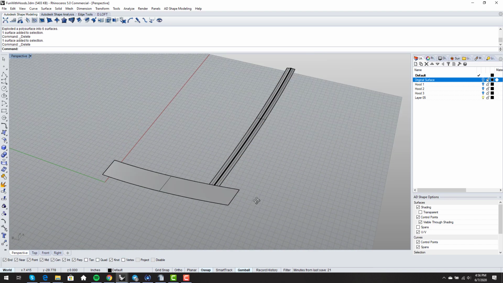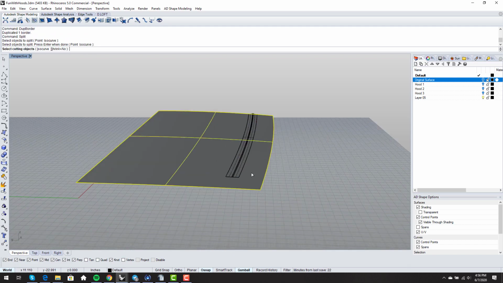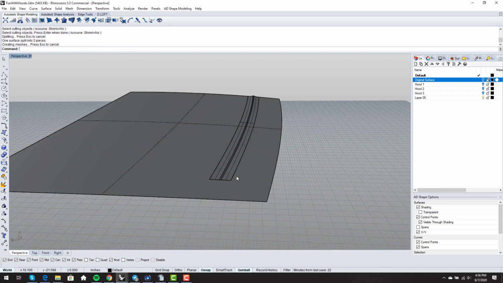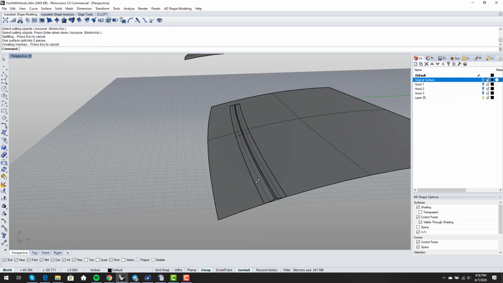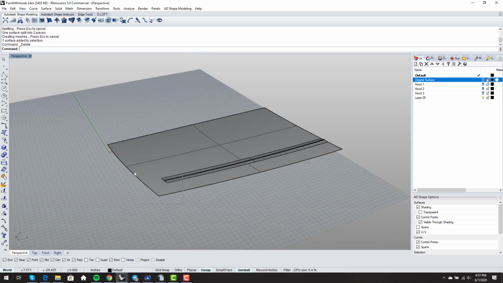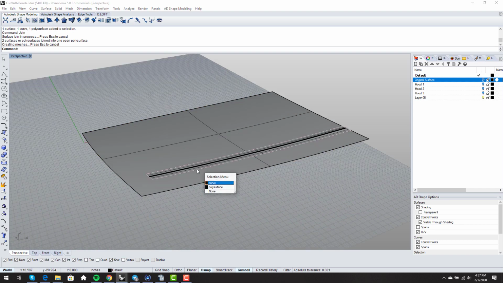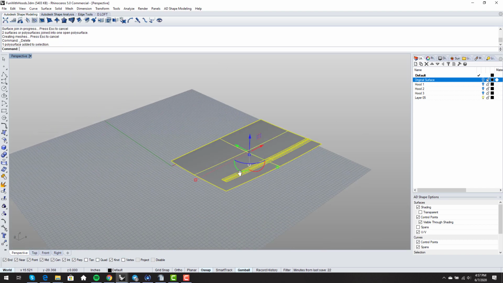We can take this and this. We can untrim this. We can take this and say join. We can say dupe border, right? And then we can split this with this border. Throw this out. And join this up. Discard this curve, mirror this,